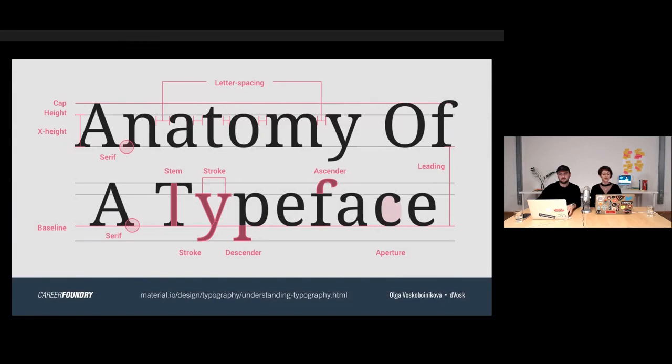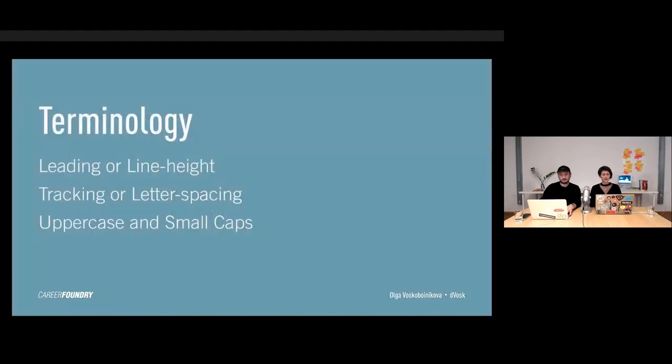Keep in mind that we will cover baseline and X height in the next slides, and I will also mention ascenders and descenders when talking about the space in between the lines, called leading. So bear with me and feel free to make a screenshot and refer to this slide whenever you need, if there's something that you don't understand. So in terms of terminology, we do have